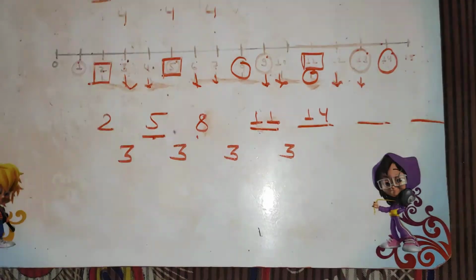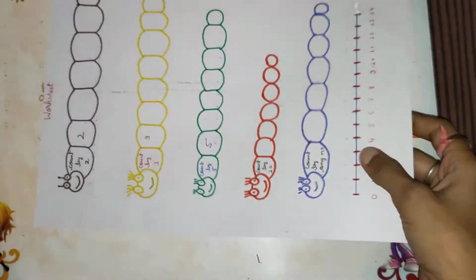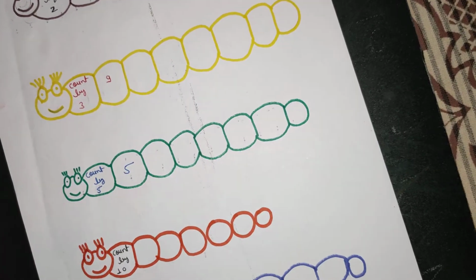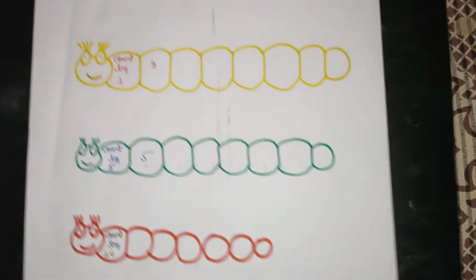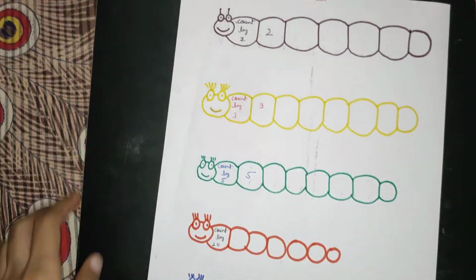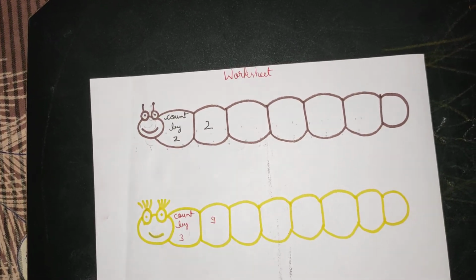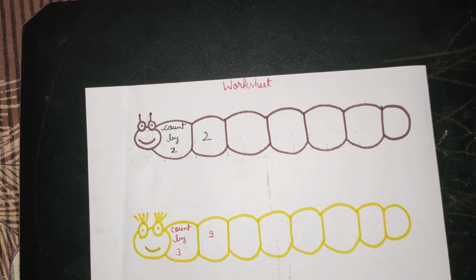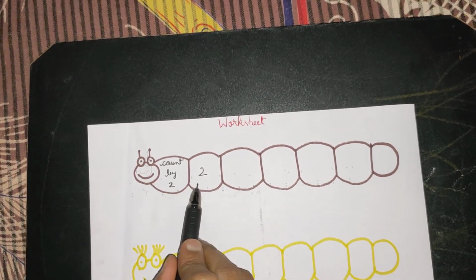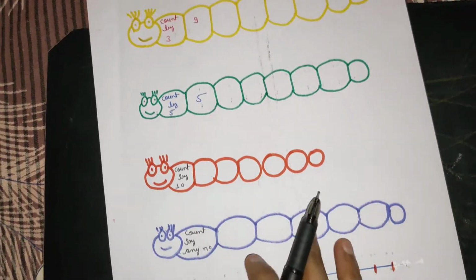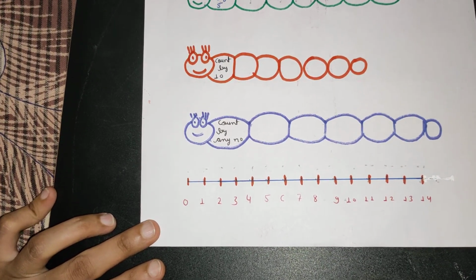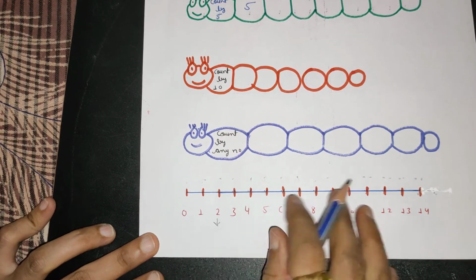That I'll discuss later on. Before that, you have to solve this worksheet based on the same question. You just go through the same. So now we have to find out the answers, like count by 2. The first number is given over here, that is what? 2. Already I have discussed the number line. You all can see here my pointer is at 2 and I have to write the counting in 2.